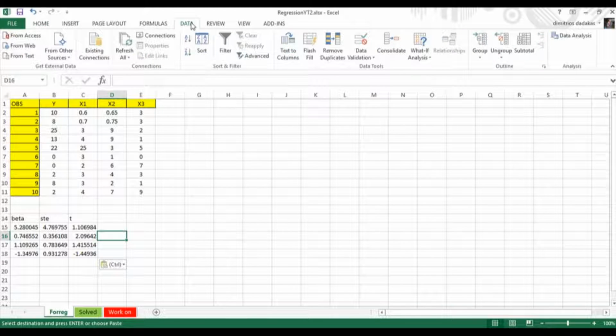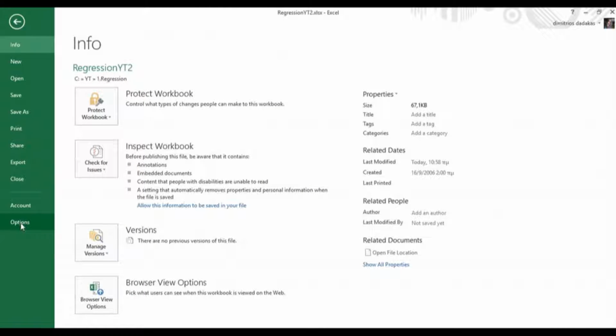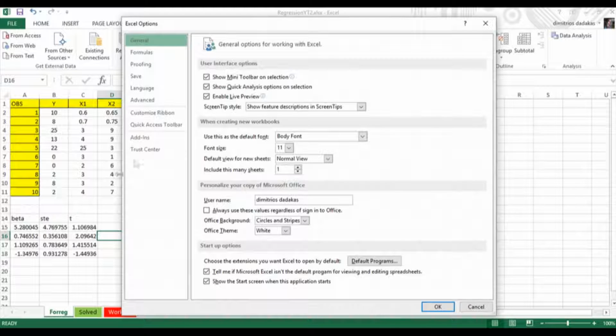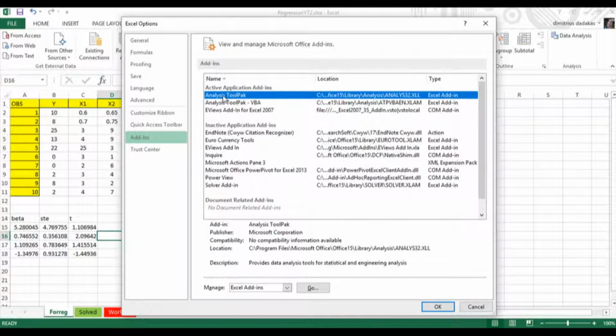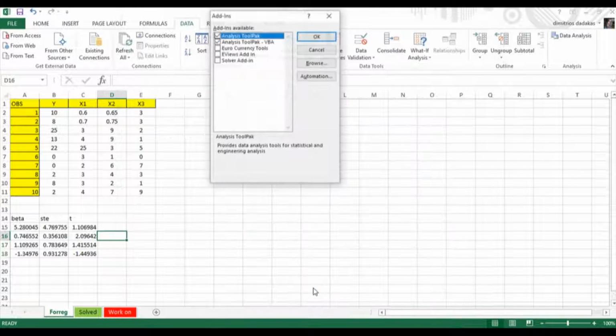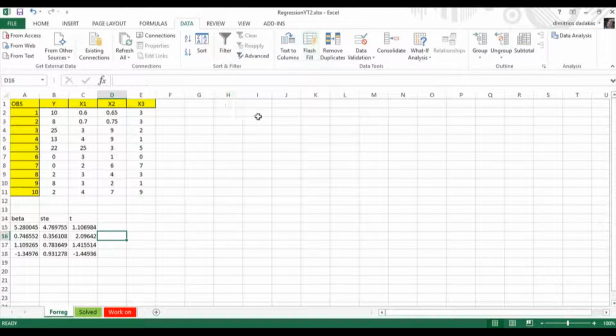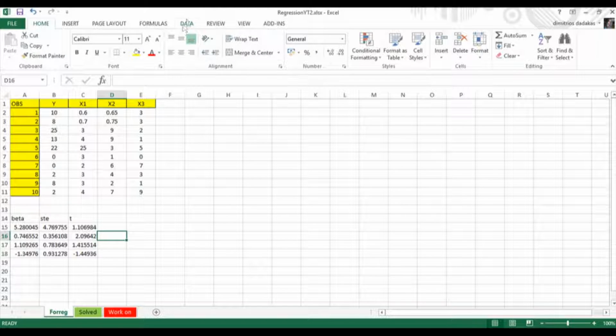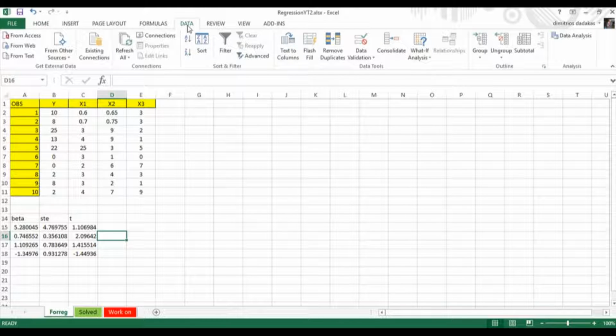The first one is to go to Data and Data Analysis. In order for this Data Analysis toolpack to show in your Data window, you need to first go to File, Options, go to Add-ins, and then where it says Analysis Toolpack, press Go, and make sure that you have Analysis Toolpack and Analysis Toolpack VBA checked, and press OK. As soon as you do that, then in the Data window, you're going to get this little thing that says